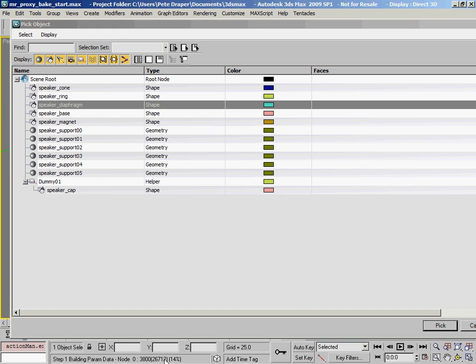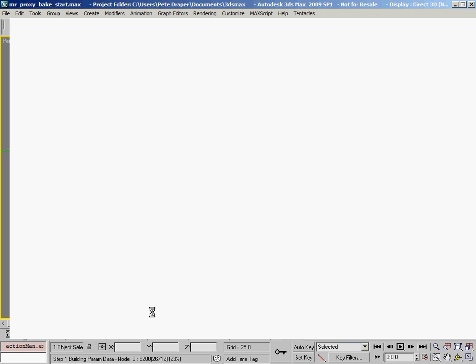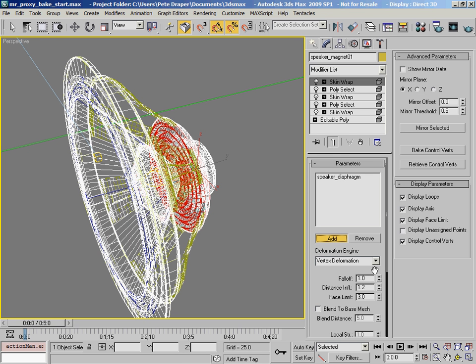Again, it takes a little bit of time to build up the parameter data, quite simply because there's more geometry than there was in the original cap. This is just, again, Vista thinking that it's locked, but it actually hasn't. There we go. Okay, so now what we have is our